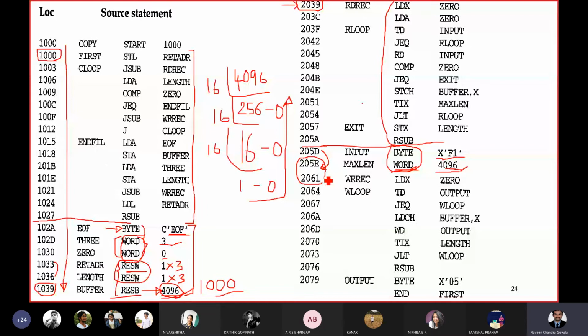Students, anybody has any doubts? Okay, then again, let me go ahead from this subroutine. Again, you can see from here to here, these are all non-assembly directive instructions. So you just keep allocating 3 bytes to each, because in case of SIC the instruction length is only 3 bytes. So you allocated 3 bytes to all the instructions.